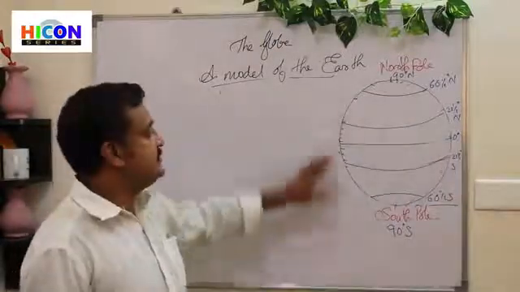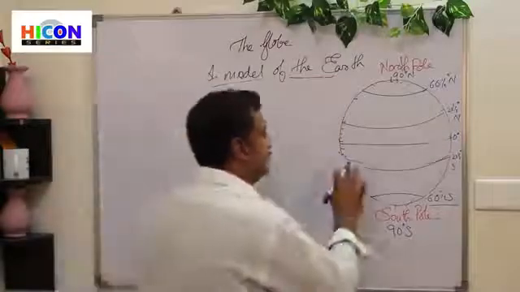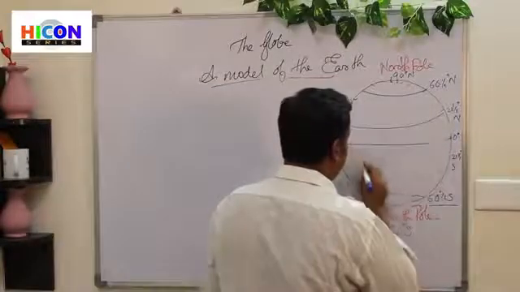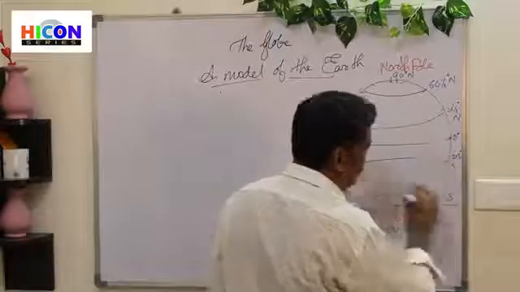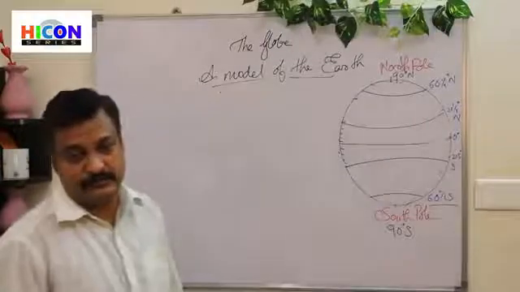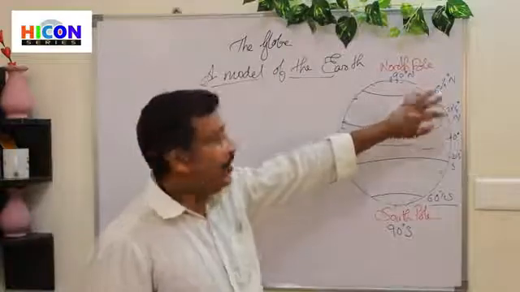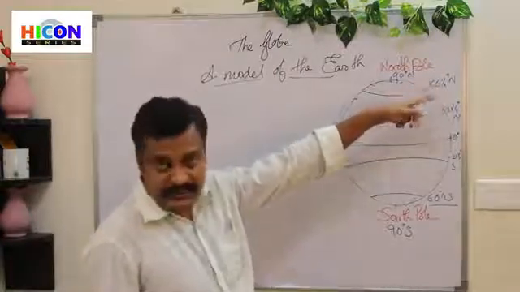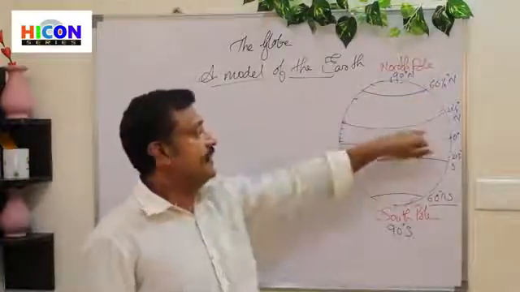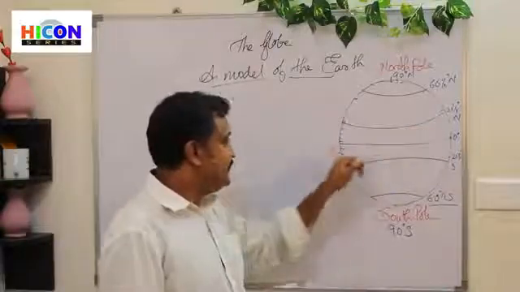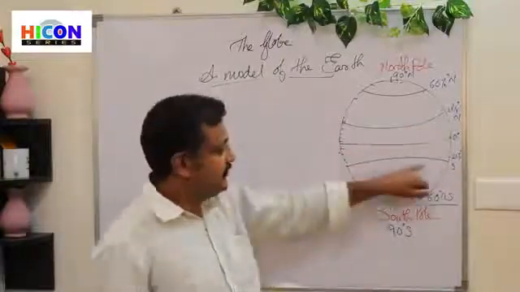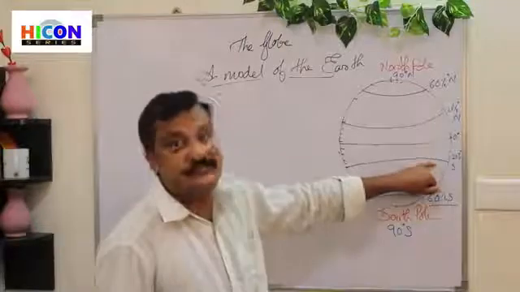Okay, so these are the major parallels or latitudes. Okay, so 66.5° north latitude, 23.5° north latitude, 0° latitude, 23.5° south latitude,